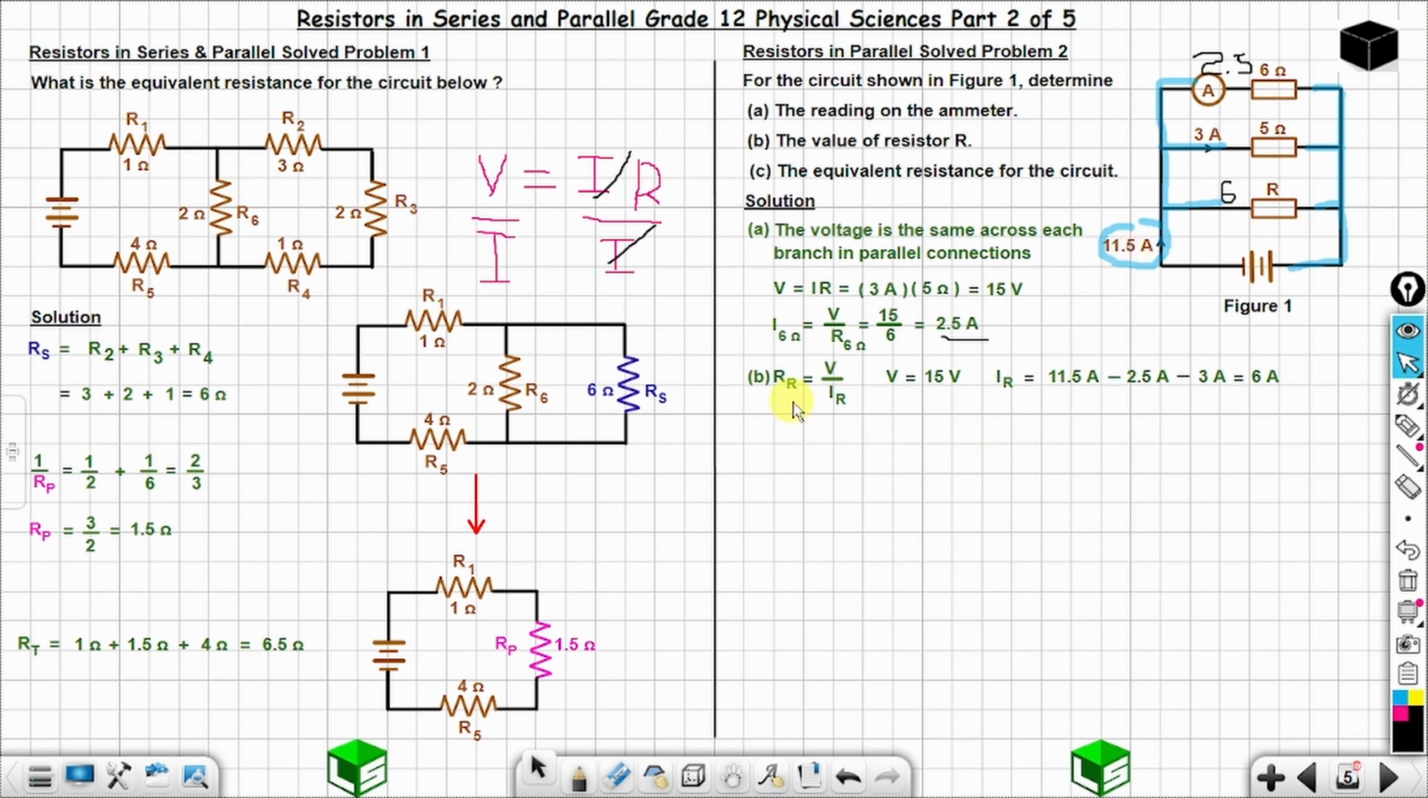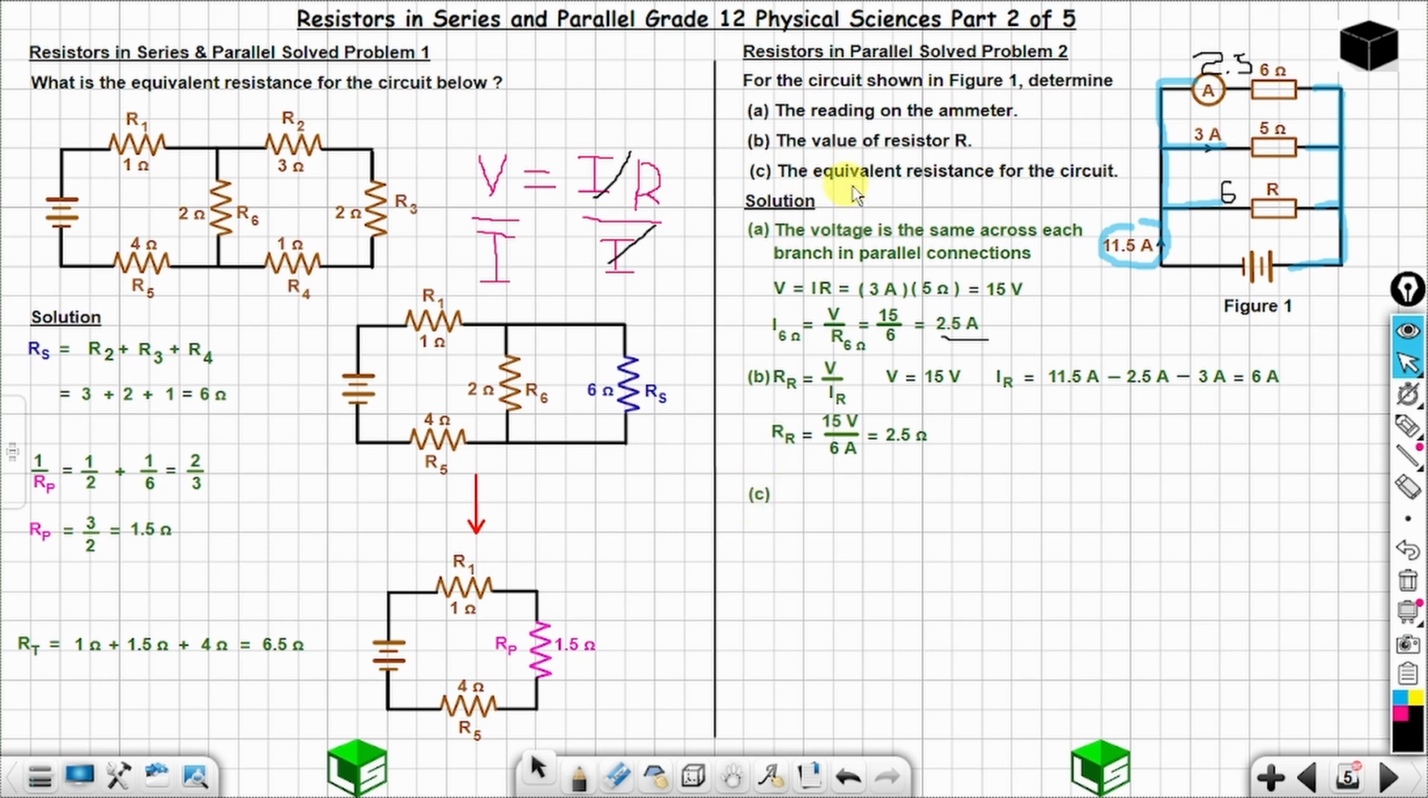Now let's find the value of resistor R using this formula. This is equal to V over 6. You're going to have 2.5 ohms. So this is 2.5 ohms. Now question C,